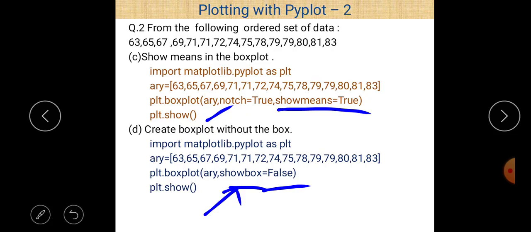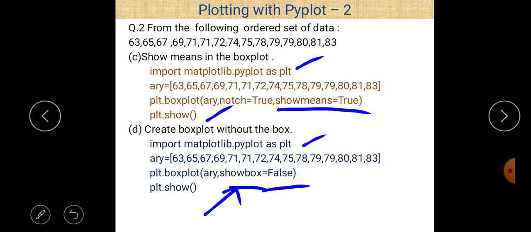Just like that, import matplotlib.pyplot as plt is the same in both cases, because matplotlib is the name of the library. pyplot is one of the interfaces of matplotlib, which has a collection of different methods like boxplot, plot, bar chart, bar method, etc., and show also.